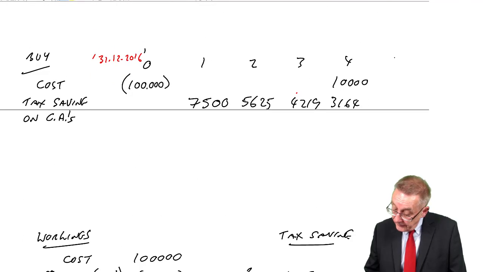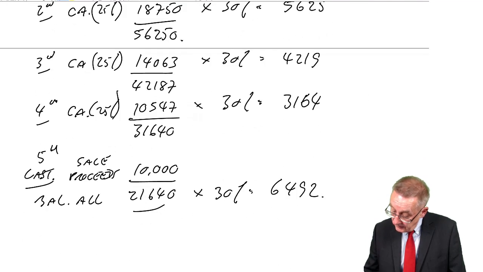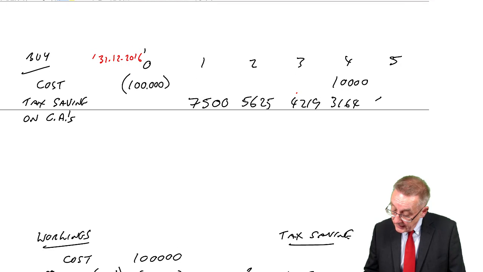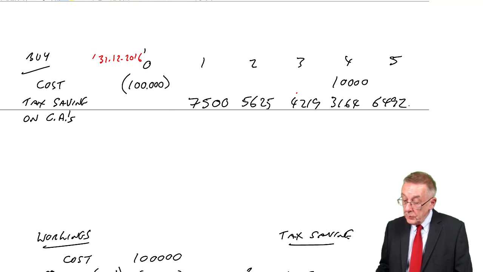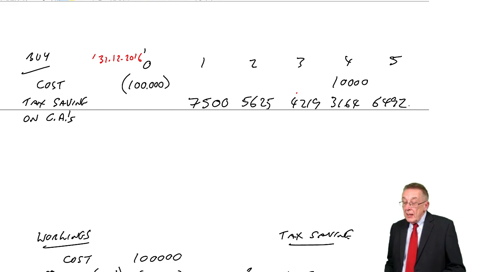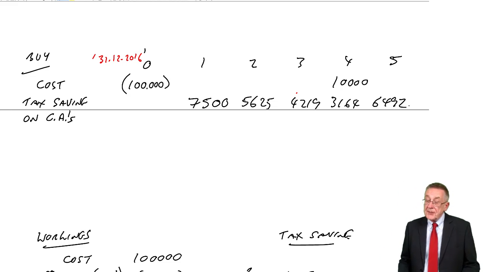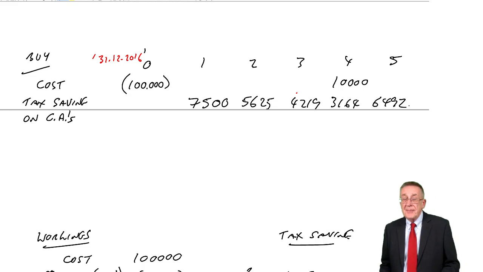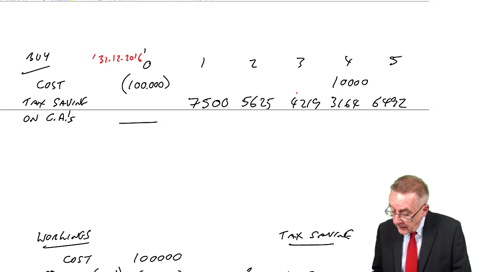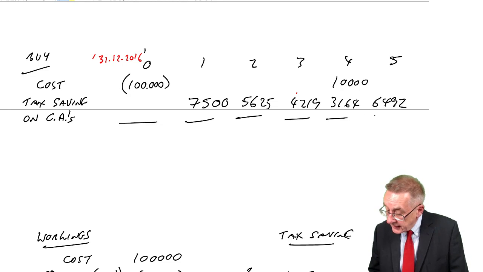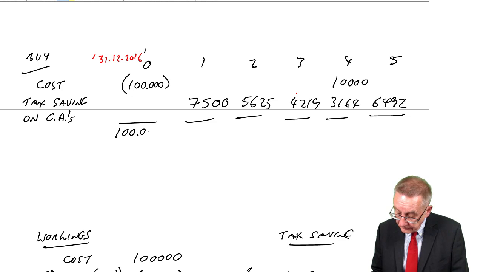And at time 5, what was it, 6,492? 6,492. If you're still worried about the tax, I'll give you a rule later, but as I say, it's only in these questions that it becomes a problem. But I'll give you that later. The net cash flows